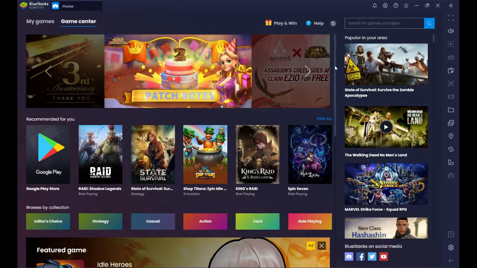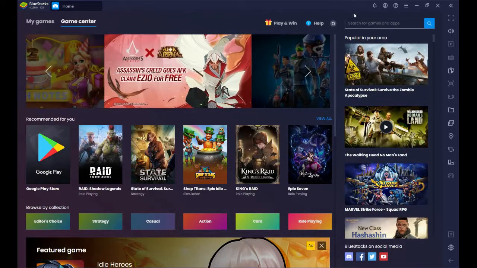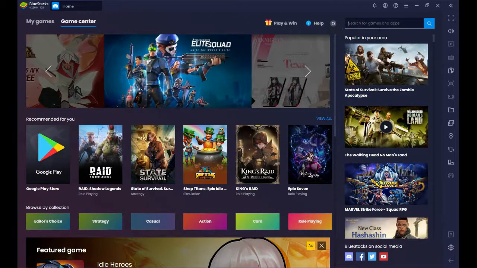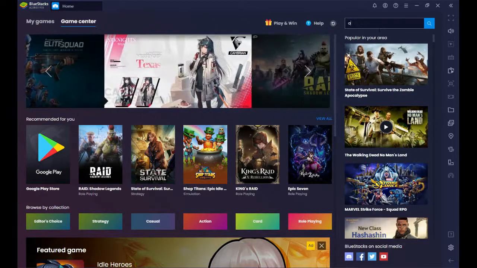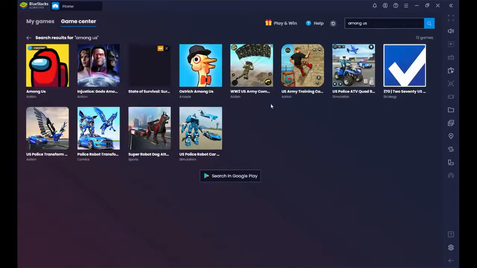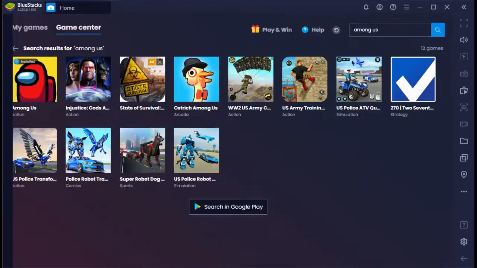And it's really handy. So now that you're on this home page, you want to go to the search bar over here and type up Among Us. Yeah, if I can actually spell it right. Okay, Among Us. Takes a second to load. I've already got it installed, but